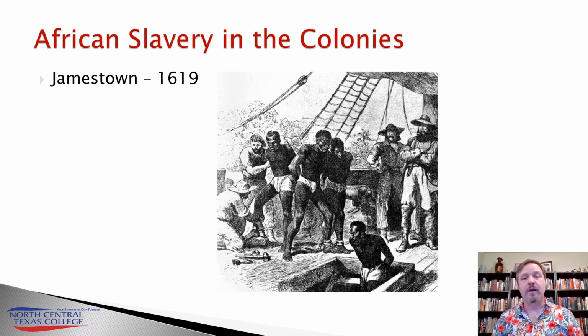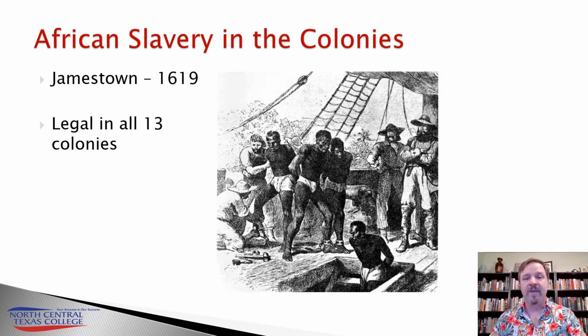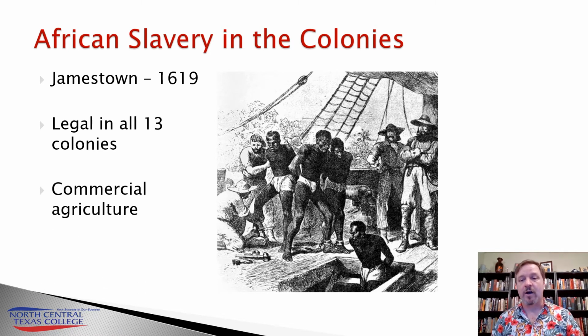Now, ultimately, by 1750 slavery is going to be legal in every single American colony, all 13 of them. And predominantly, it's going to be used in commercial agriculture. Initially, tobacco was the big crop that needed a lot of labor and a lot of slave labor at that. So in the South, you're going to have a massive amount of slaves coming into this region for the purpose of growing tobacco. Now, ultimately, tobacco, which depletes the soil of nitrates really quickly, will give way to other crops that are a little bit more stable, or I guess I should say sustainable.